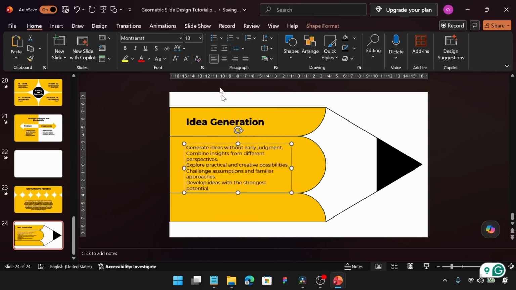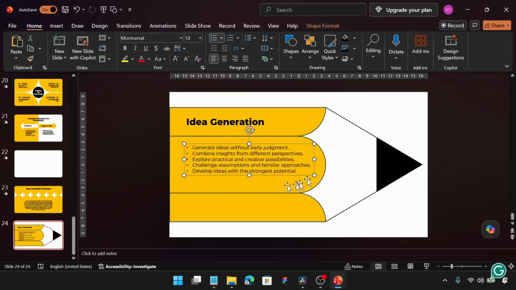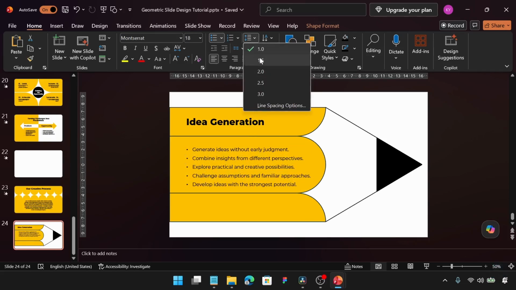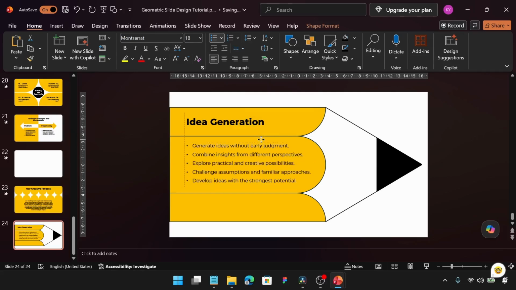Select the entire text box. We're going to make the entire text bullet points. I'm going to increase the width of this text so all our text is on one line. Let's go over to line spacing. We're going to make the spacing 1.5, and I'm going to align it to the middle